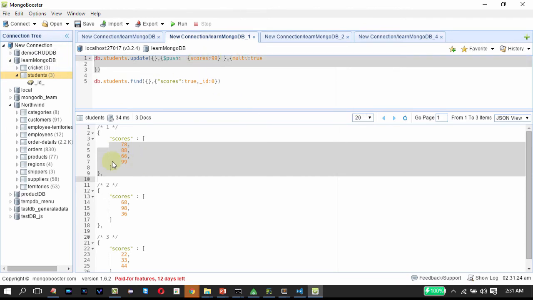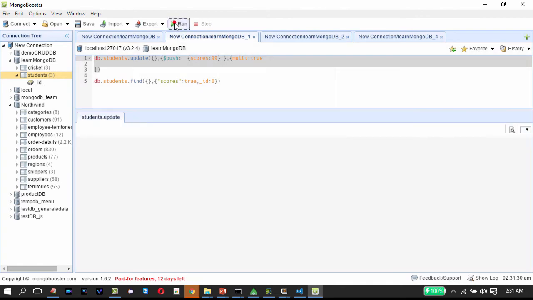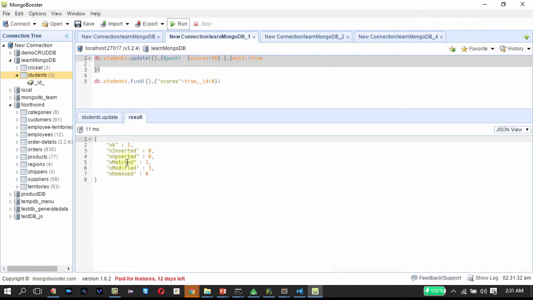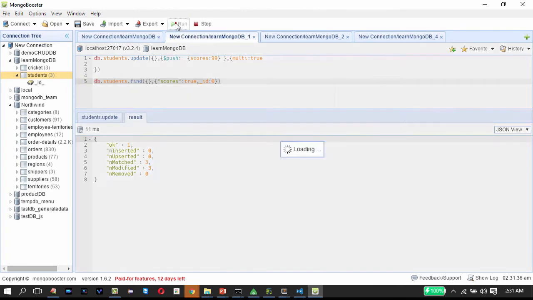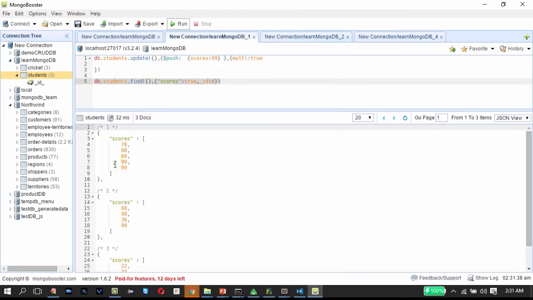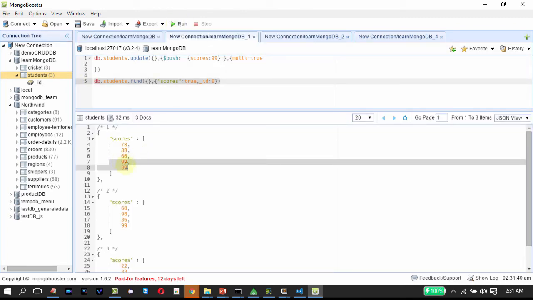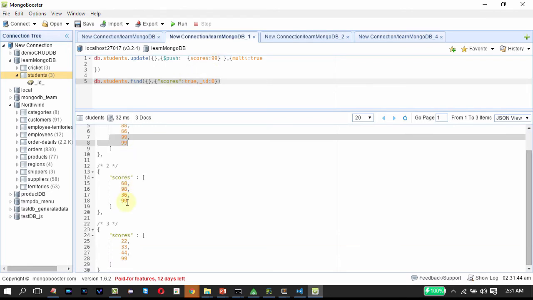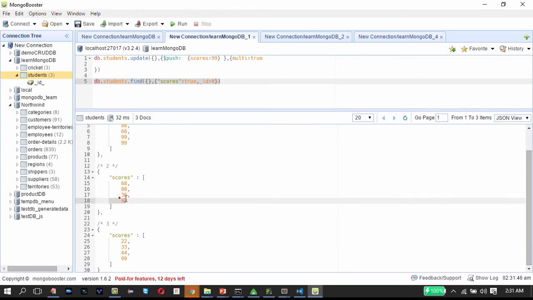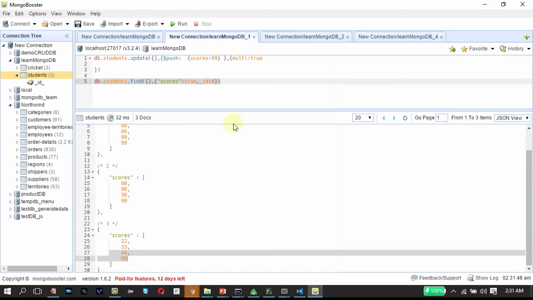We'll be seeing two 99s in the first document because we are pushing the value, whereas the other documents will have a single 99. Let's see the result. So modified is 3. And finding again, as I mentioned, we got two 99s in the first document because we did it twice for that, whereas the other documents also got 99. This is because we have used multi as true.